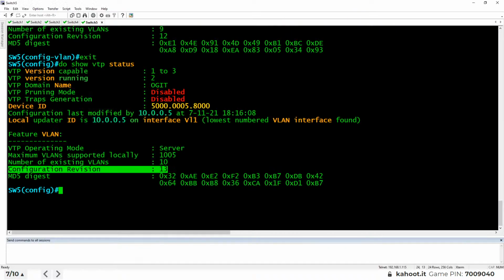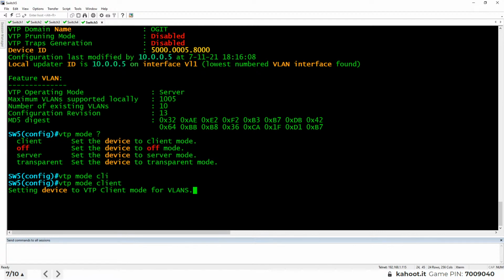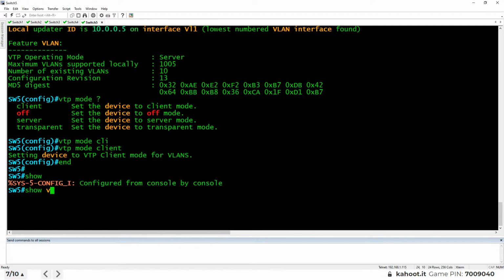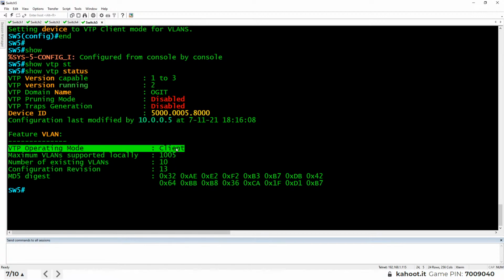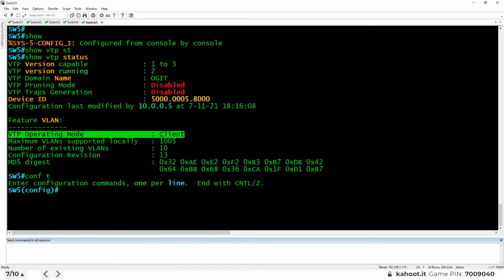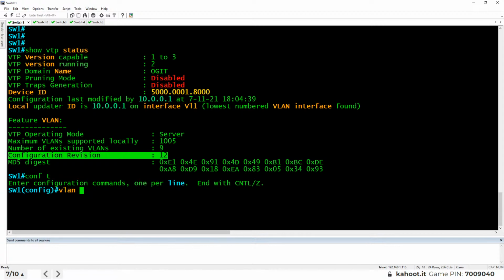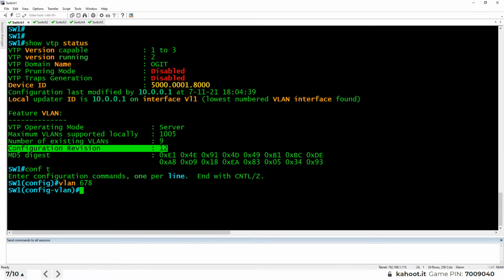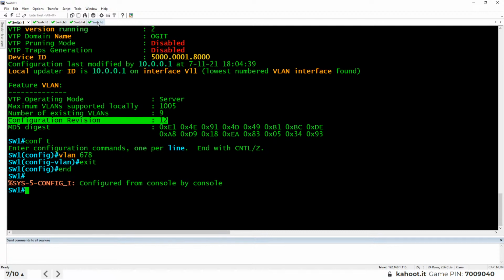And what I like to do, when I'm learning something or studying something, is verify it as well. So here on switch 5, if we specify VTP mode and the question mark, we say client. And then we verify that with show VTP status, also very important, just to verify that the change we think we made took. So now it's operating in client mode. So it can still learn about VTP. So if we went over to switch 1, which is far away, and we did config t and VLAN 678 and exit,